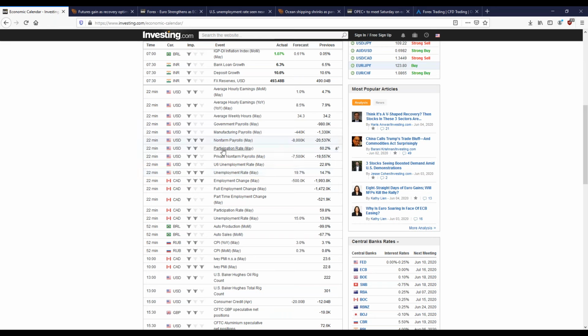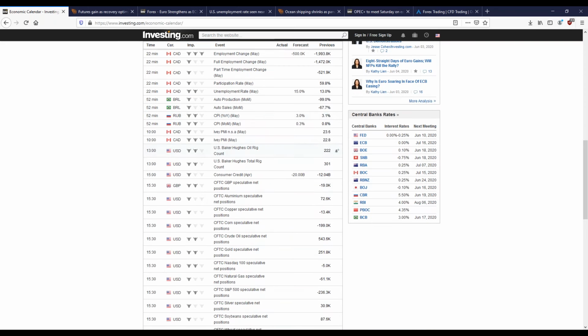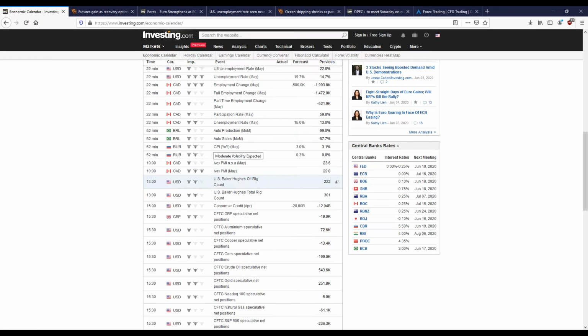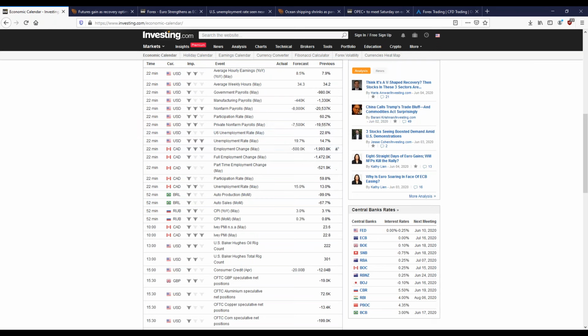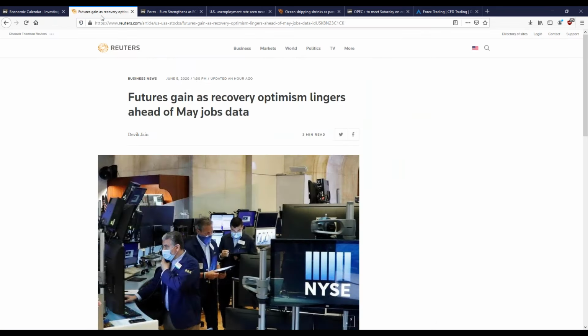What people may pay more attention to are the jobs number for the non-farm payroll, and also maybe the average hourly earnings. We'll see if they go up as much as 8.5% or more. That shows a good thing, that people are getting back to work and hourly earnings are climbing back up. So if that holds true, we could see maybe a positive momentum continue today on the markets. And we'll take a look here in a moment. The Canadian numbers will be coming in too, some important numbers as well out of Canada at the same time as the US here in about 22 minutes. So we'll take a look at those in a little while.